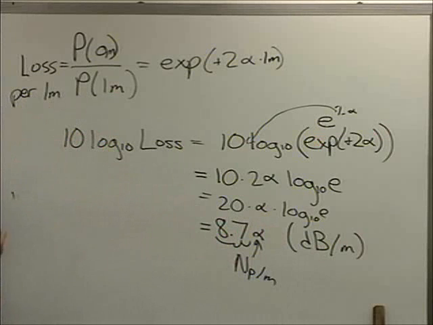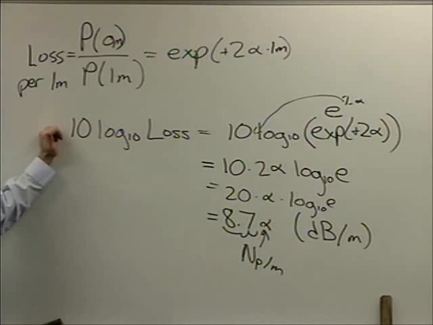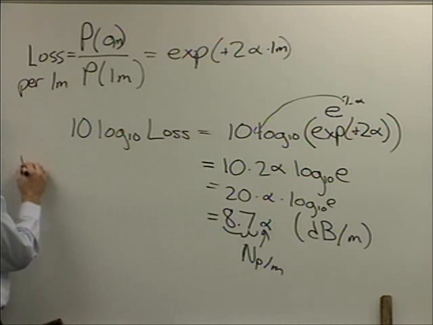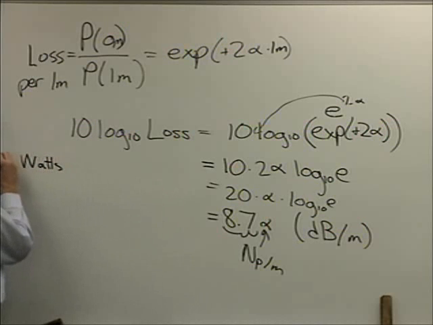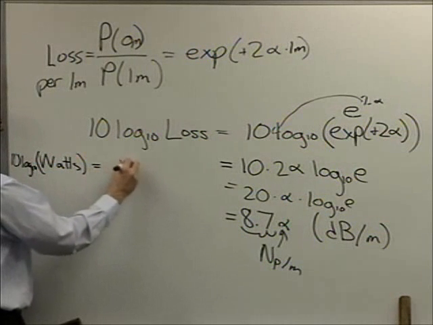As a side note, this is logarithmic attenuation. I think the problem on the next homework, which I won't assign until next week, will involve some tracking of power levels in some lossy cables. And I may use logarithmic power, not just logarithmic loss, but logarithmic power. What do I mean by that? Well, when you're dealing in the dB scale, quite often you want to express your powers in dB too. So for example, if you have a value in watts, if you take 10 log base 10, this is the unit dBW,